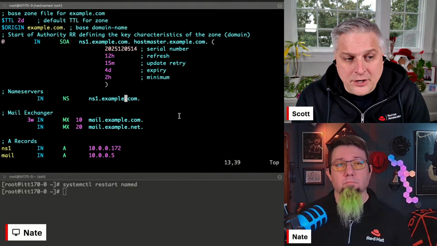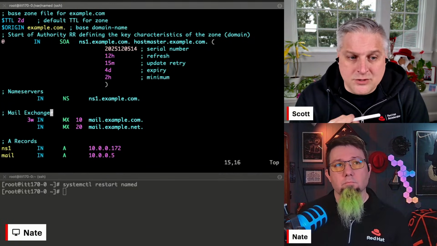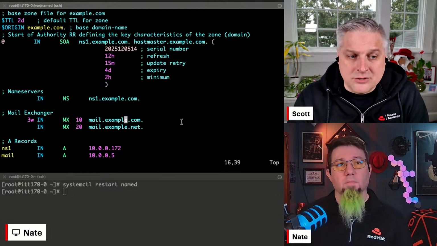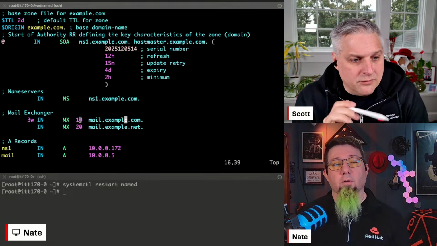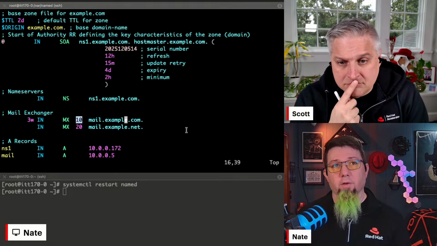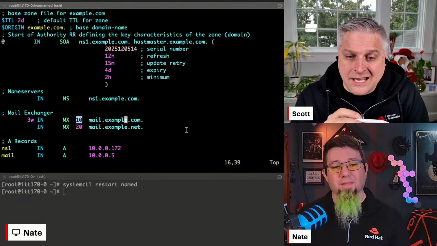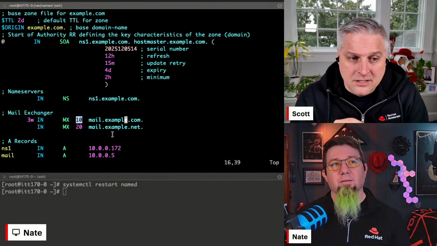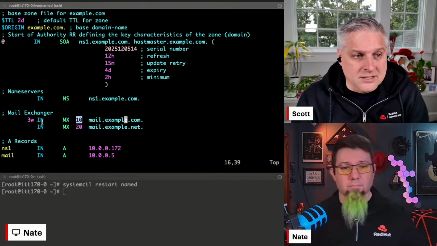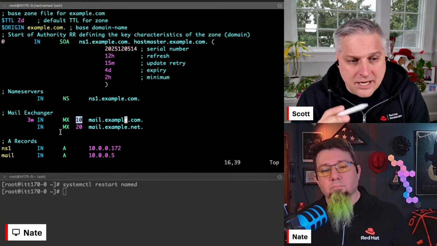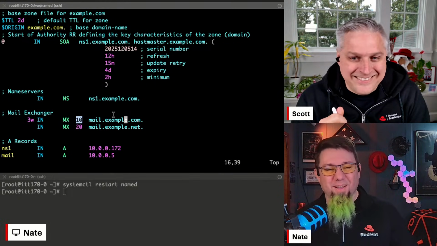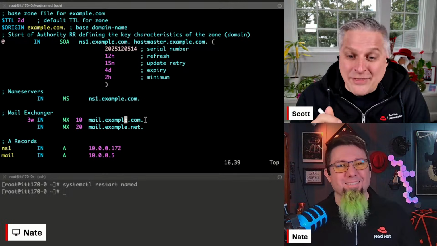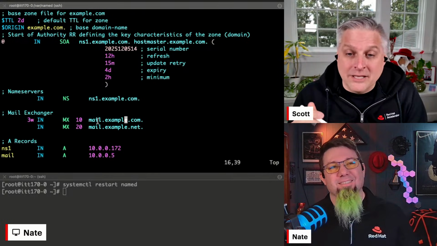Down there you have the mail exchanger records, the MX records. So when we're sending email, these are the servers that serve the email for this domain. Another interesting one of yours has a time to live that's specified. So that one, if somebody looks it up, it'll stay in their cache for 3 weeks instead of the default, which was 2 days. That was just an example that came in with the zone that I copied as my example domain, and then you were going to talk about the mail exchanger value.